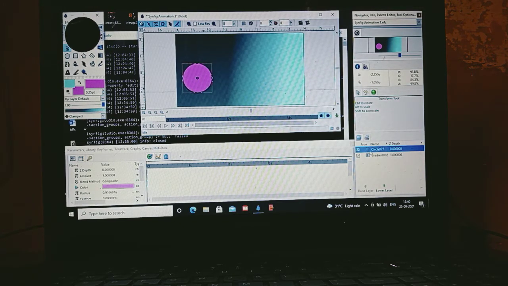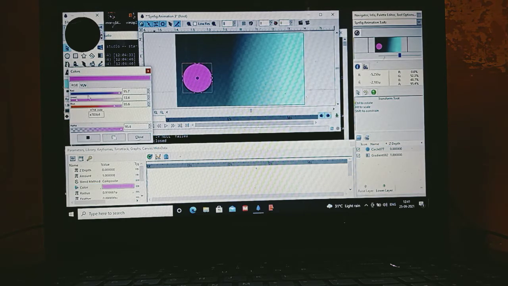Now we have one gradient layer that we applied for the background, and one is the circle we drew. If I want to change the color of this circle after drawing: before drawing, if you want to change it, it is from this fill color. But after drawing, if I feel this color is not suiting my background, by clicking on the circle and going down here to color, click on it, and now you can change it.